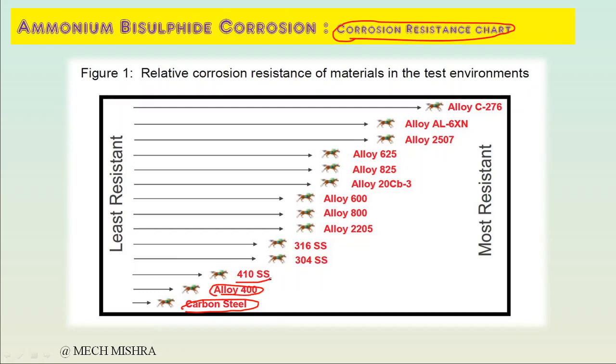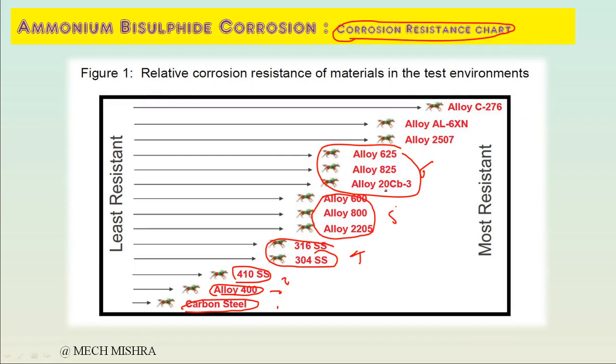Then 410 SS is somewhat better than 400 stainless steel. Then 304 and 316 have similar resistance. Then alloy 600, alloy 800, and alloy 2205 duplex all have similar corrosion resistance. So that is the first level, second level, third level, fourth level, and these are the fifth level. Then, coming to the sixth level of metallurgy upgradation, these three have similar corrosion resistance: alloy 625, 825, and 20